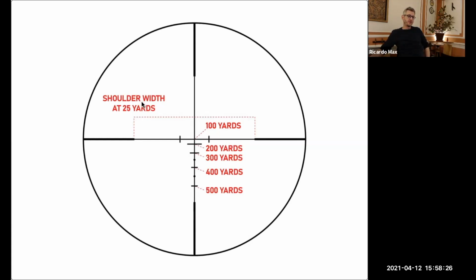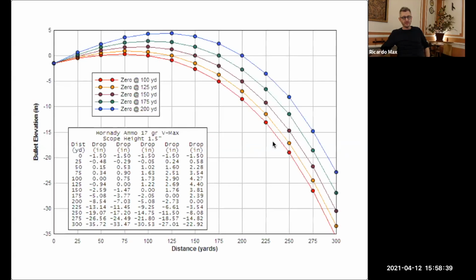So this is for a person. Sorry, it's a little bit creepy that I show you that. The shoulder width of a person at 25 yards is this distance inside the scope and this distance. So a sniper, for instance, has this table in his pocket, and then the sniper knows, depending how far away it is, how much higher than the target to aim.